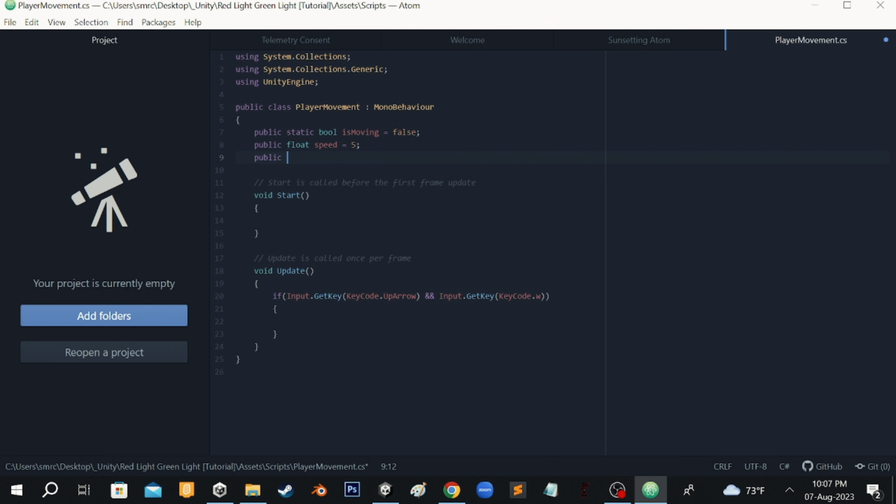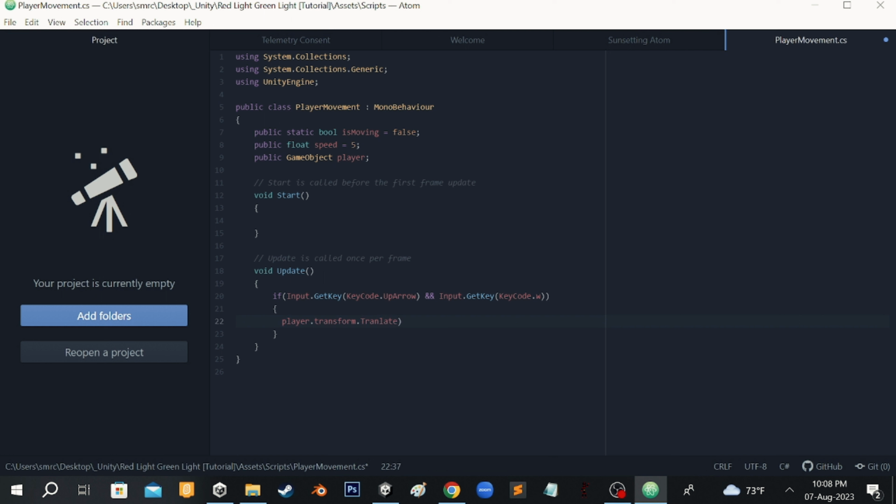Then what we are going to do is first let's make one more variable, public GameObject. It specifies the game object that we are storing in this variable. Let's name it player. Then what we will do is player.transform. This should be a lowercase t transform, dot, uppercase T Translate,